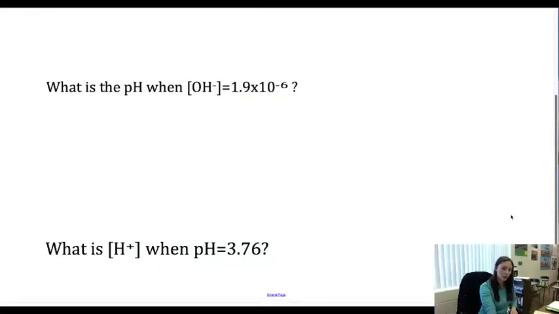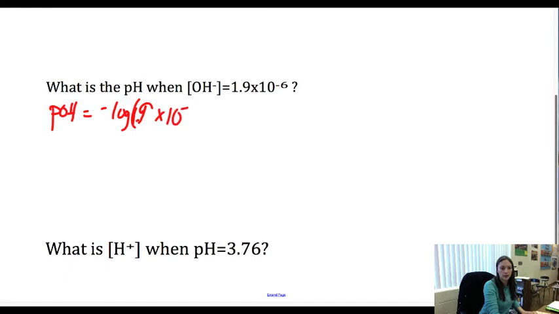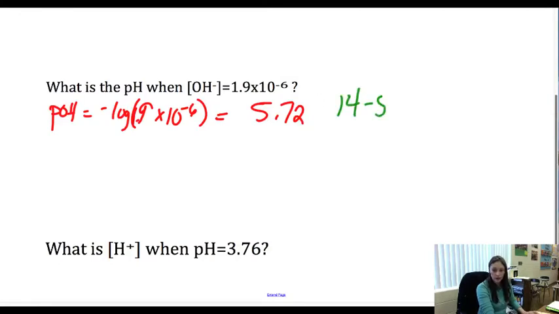And what's the pH when your OH minus concentration is 1.9 times 10 to the negative 6? There's a couple of ways you can do this. You can figure out your pOH, which would be the negative log of 1.9 times 10 to the negative 6, and we're going to get a value of 5.72. That would be a pOH, though, so I would subtract 14 minus 5.72,